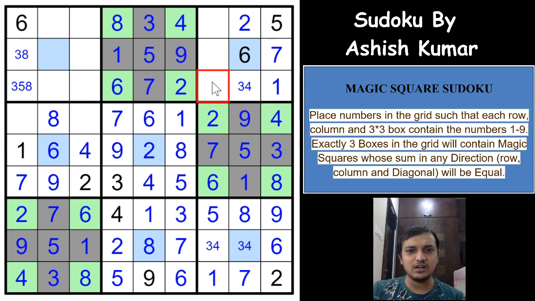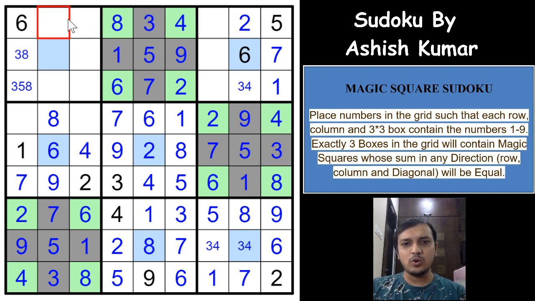Let us solve the logical way and see that a 3 and 4 comes here, or an 8 and 9 comes here, right? So if you see now, the 3 digits remaining are 1 9 and 8, 1 9 and 7, I would say. So 1 and 7 is here, which means a 9 has to be here, and 1 and 7 has to be here, which is 1 and 7 this way.